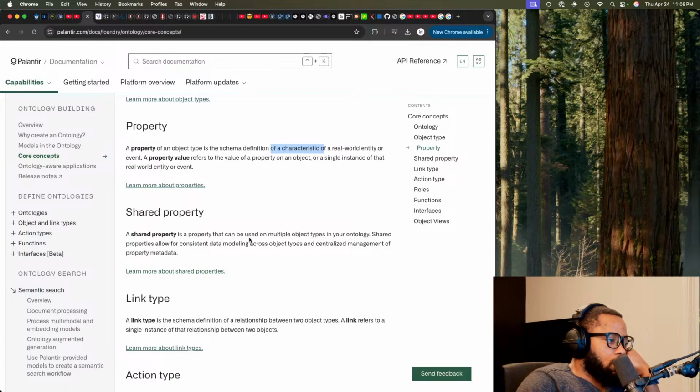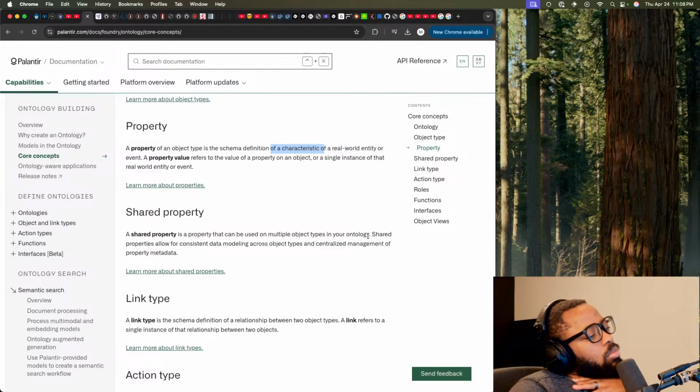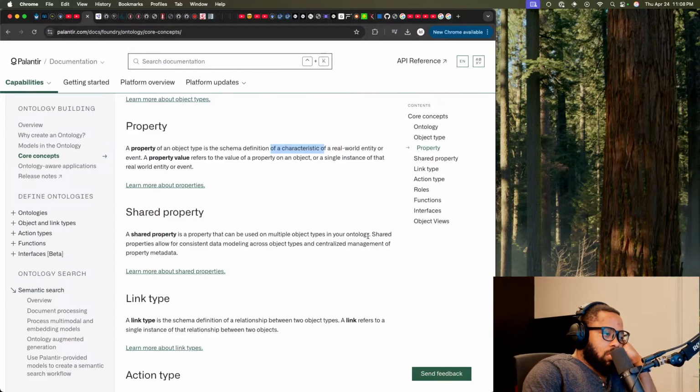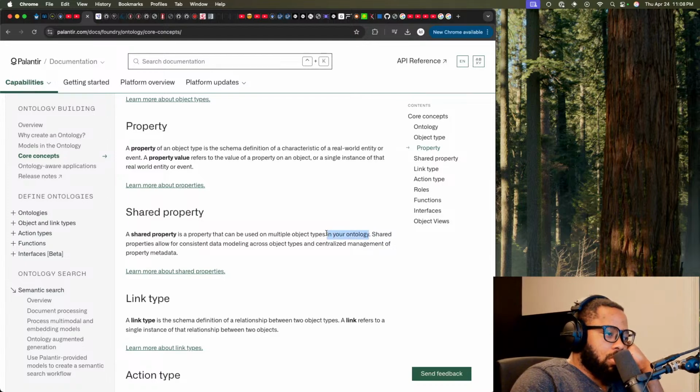Shared property. A shared property is a property that can be used on multiple object types in your ontology. Just reading this, I think it's obvious that your RAG, retrieval augmented generation, can be drastically improved if it's built with an ontology as the platform for it, or at least as the ground truth for it.